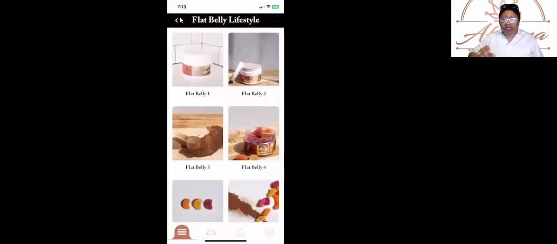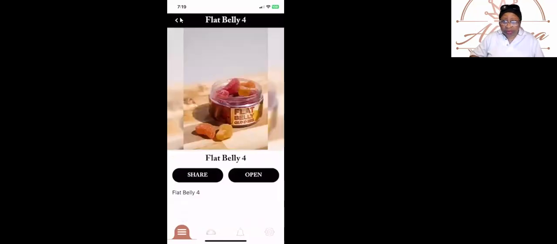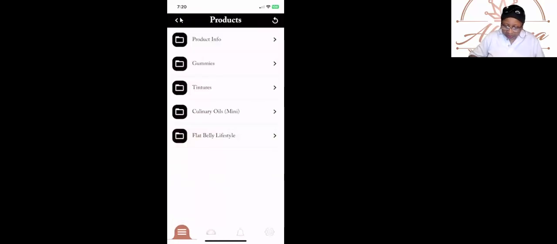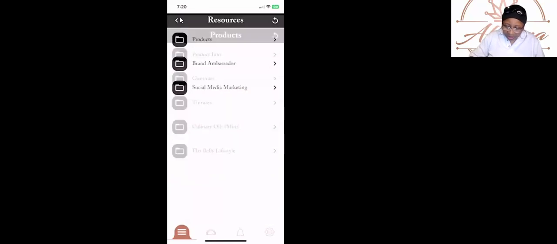And see, once you listen to this and once you get the recording and you go over this, you start playing with it, get yourself familiar with it. We're going to show you where everything is so you know exactly how to get there. Pictures of the gummies. They really do taste good too. And we go back, always going back. And that's products.